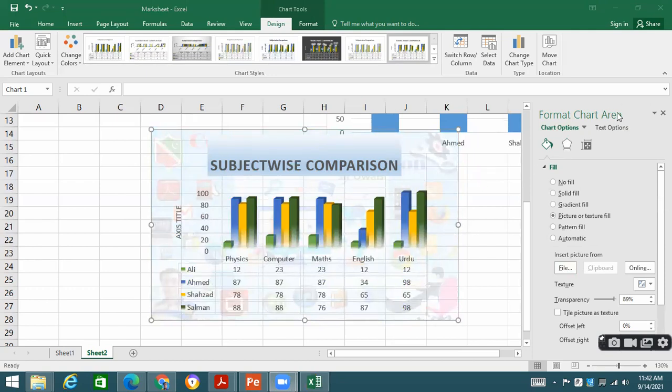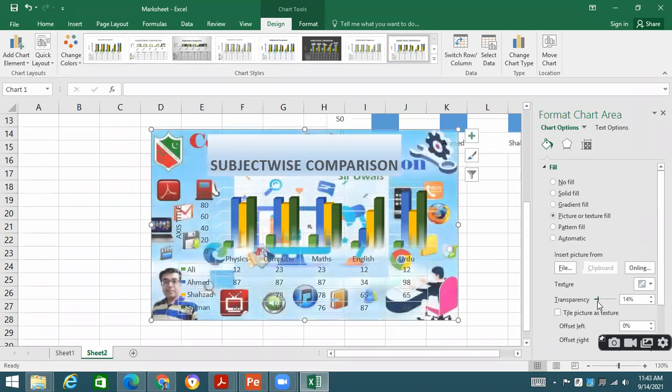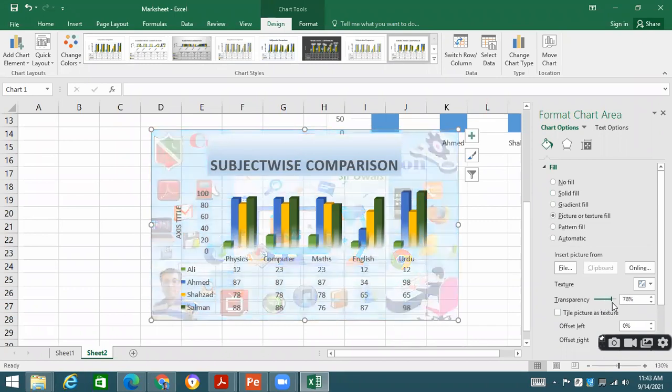These Format Chart Area options are very important for us. We can take a picture as a background on the chart. We can manage colors. We can give colors, or no fill if you don't want to give any background color. If you want solid color, you can give solid color. If you want gradient fill or pattern fill, I have already shown you. If you want to give a picture as a background, this is also possible for us. We can set the transparency of the background as well. If you make it quite dark, it will show you the proper image. If you want to make it opaque, you will be able to see that the transparency has been done over here up to 83%.